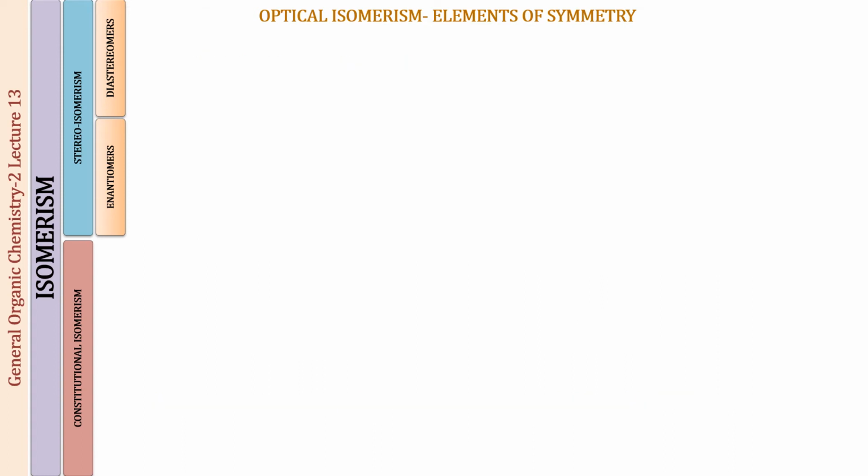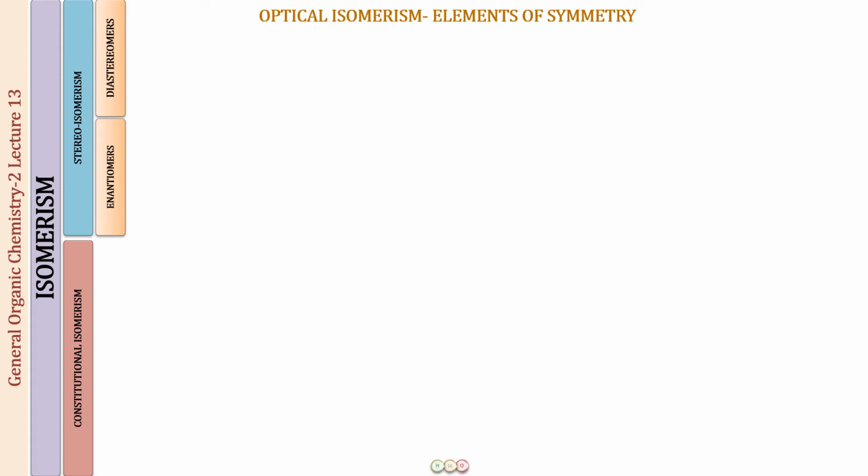I hope you can now identify whether a molecule will have a plane of symmetry or a center of symmetry. Plane of symmetry we did in the previous lecture, and center of symmetry we have done now. These two are the only elements of symmetry that are essential for class 11 and class 12 students to understand optical isomerism in a compound. Now I will tell you about the rest of the two elements as well, because we mentioned them, but that is only for understanding purposes.